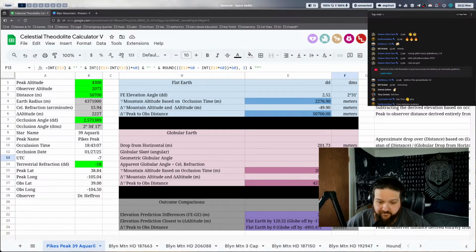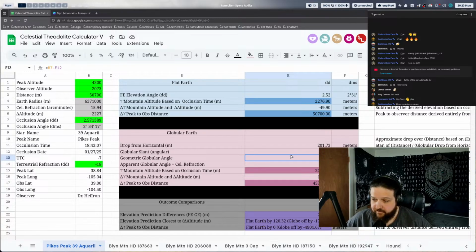Whatever you put in there, the actual angle to the mountain is 219, right? If I want to reverse engineer a height from that on a globe, I have to account for refraction and the drop. You have to use your occlusion timing prediction with the angle, 219. Ignore the stars for a minute, Shane. Just for now, ignore the stars. We're just trying to get back to a calculated elevation based on an angle. Yeah, we did that. Based off of 219, you get these values over here, which is why your distances are off.